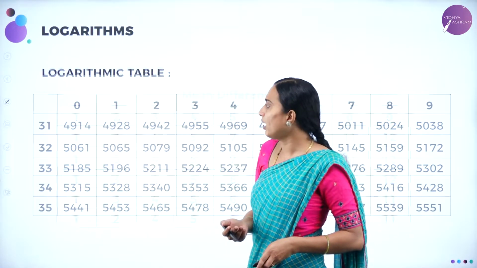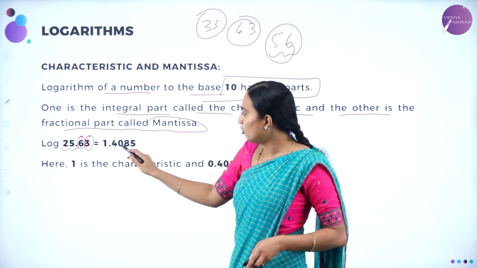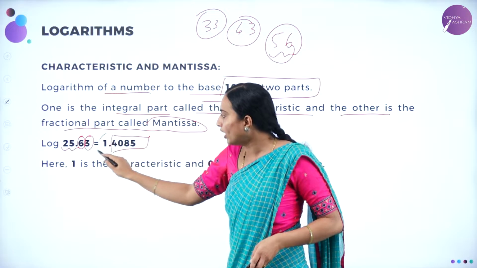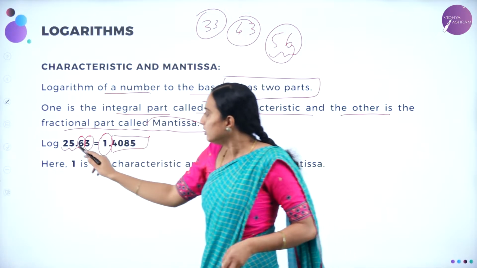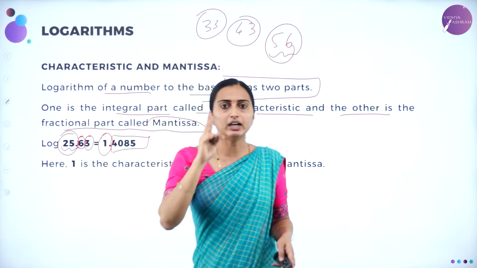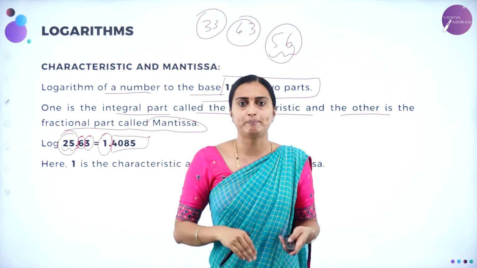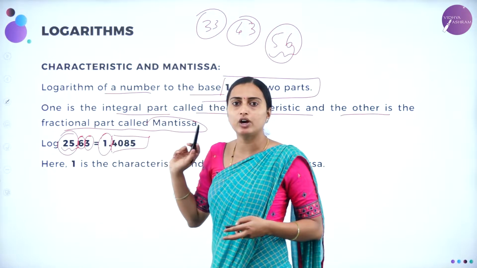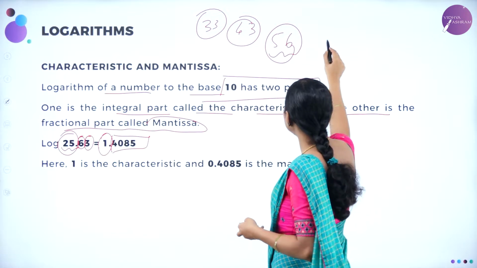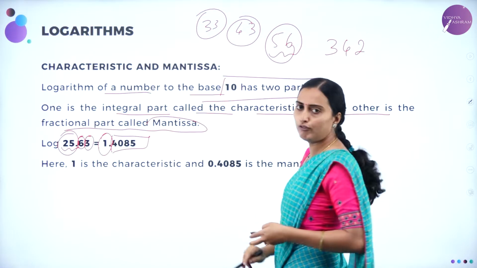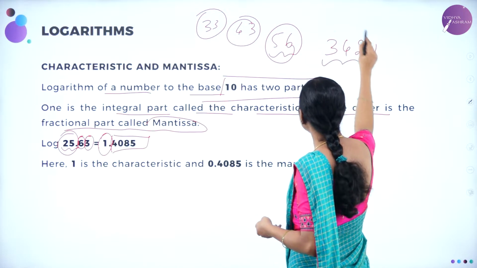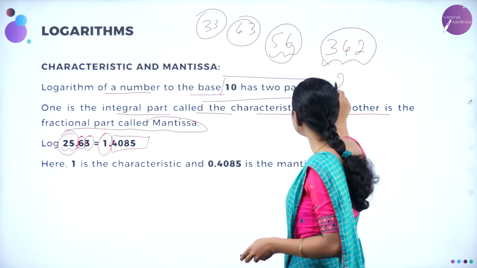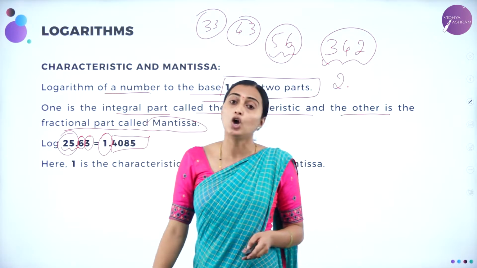So here you are going to have 1.4085. Actually, the log table value is this one, 4085. What is this 1? Here 2 characteristics are there, and that 2 characteristics you are going to minus 1. If 2 characteristics are there, before the decimal point you are going to write that 1. Suppose you are having 3 characteristics, like 3, 4, 2, how many characteristics are there? There are 3 characteristics. If 3 characteristics are there, you are going to write it as 2 point something, whatever the value of the log table.